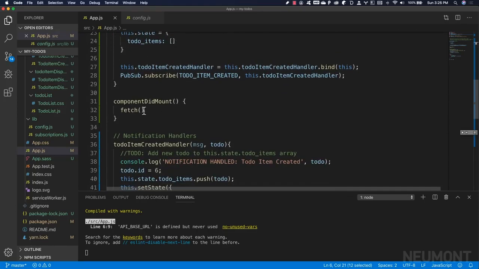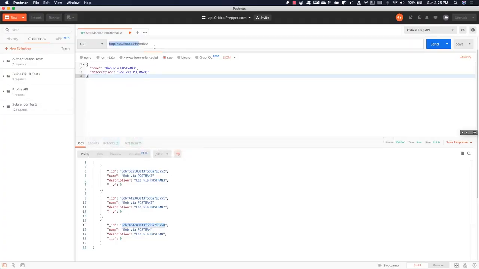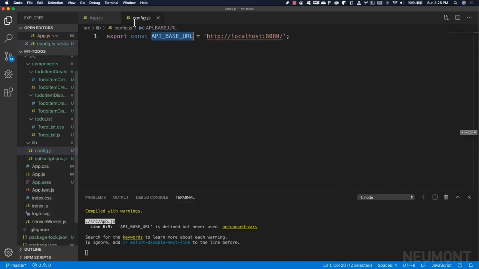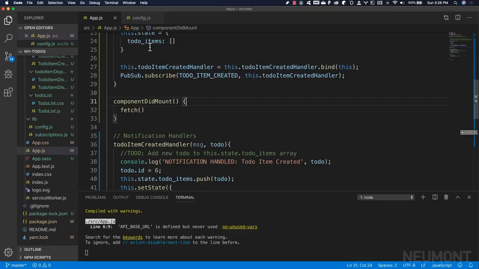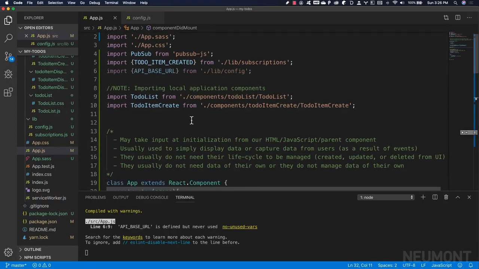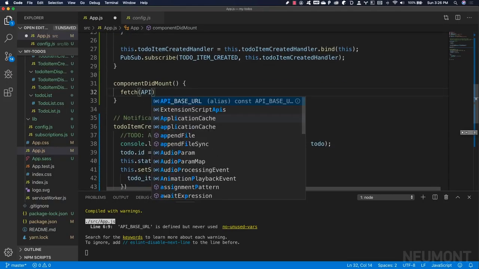So down here in fetch, since we're trying to get a list of our to-dos, we know that we're going to be following this pattern right here at the end of our base URL. Our base URL actually provides us with that trailing slash for the index of the website, so we don't need to add it, which means we're just going to be adding the resource name with a slash. So let's go ahead and do that right here. What did we call it? We called it API base URL. So let's do API base URL